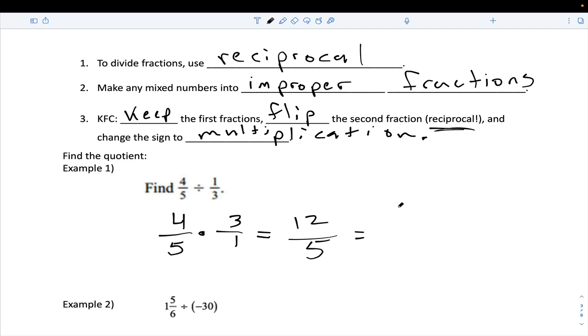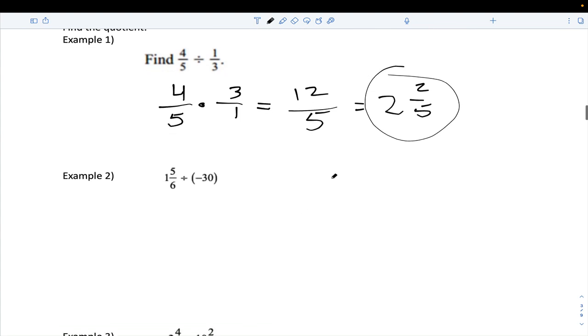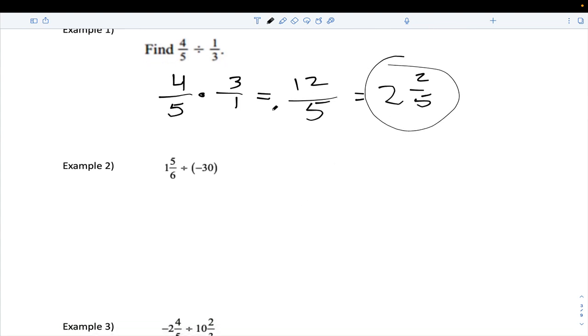2 and 2/5 would be your answer. That's about as easy as it's going to get today. Number 2, we're going to enter into some more challenging fluency stuff. 1 5/6 divided by -30 has a whole bunch of things I need to balance out and simplify before I